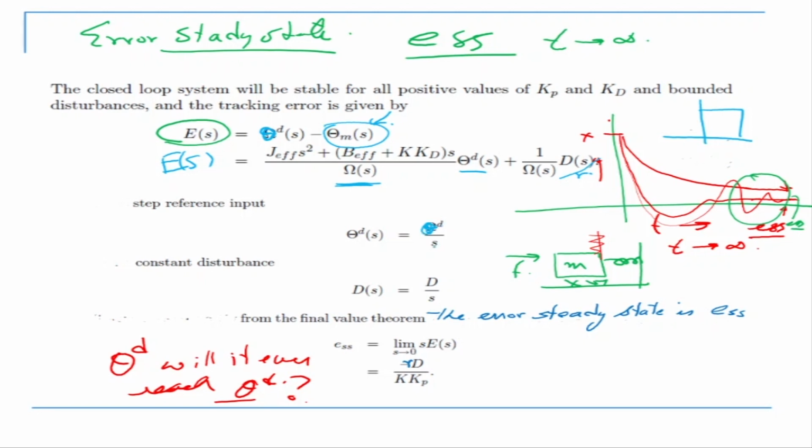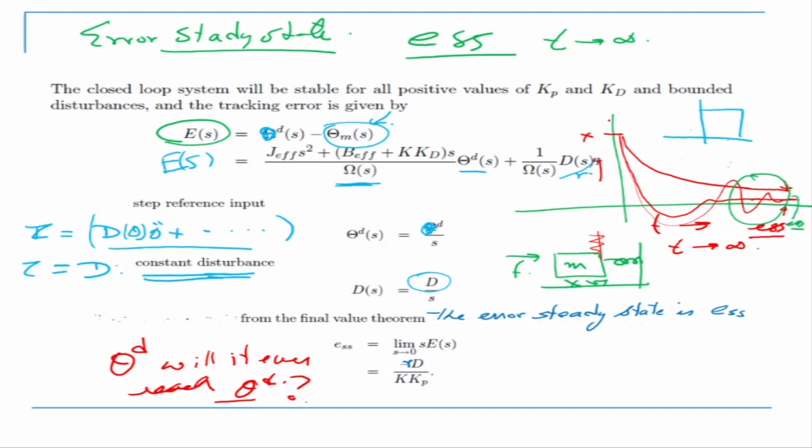Okay, this is my step input, and there is a constant disturbance. Please note that I'm assuming that my dynamic torque, tau, which is equal to M theta double dot plus all those terms, is actually a time varying disturbance. But we are making the assumption that it's a constant disturbance, and I simply say tau is equal to d for simplicity. Actually, it's a time varying disturbance.